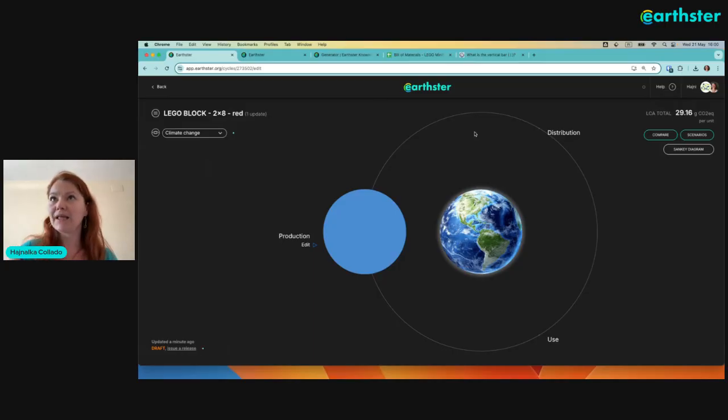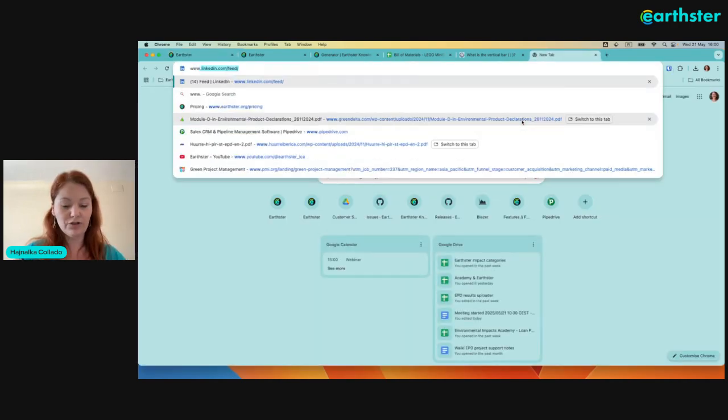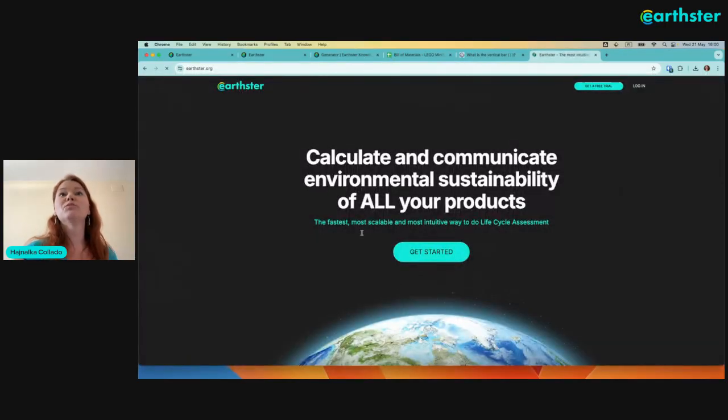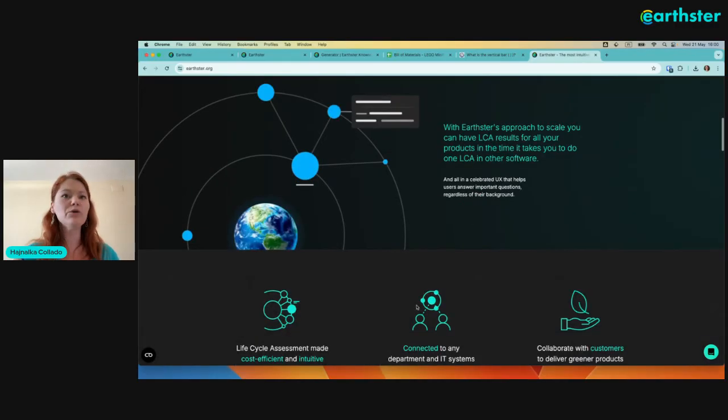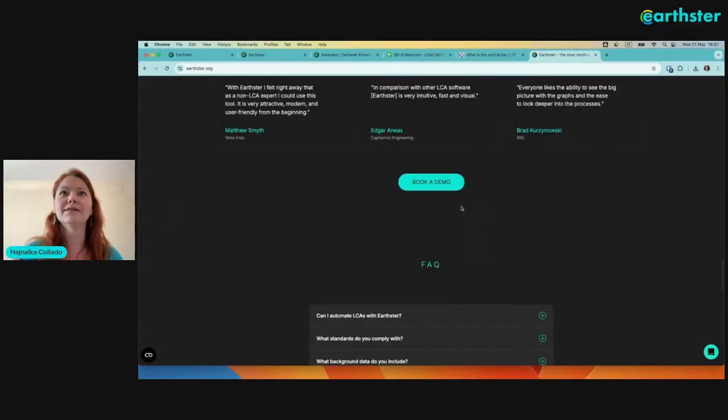And if you need less functionality and a bit more affordable prices, then the professional is great, or the collaborative, both of those. So if you need to know more about the pricing, what you can do is go to Earthster, like this, earthster.org. You'll find more information about us in general. You can get a free trial. You can read more information about it, and then the pricing is